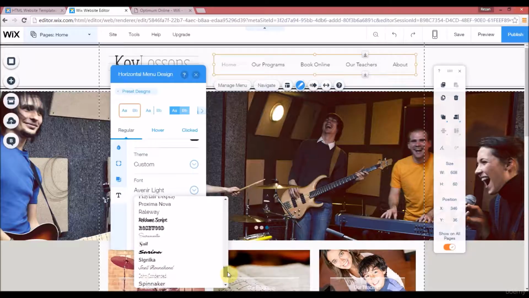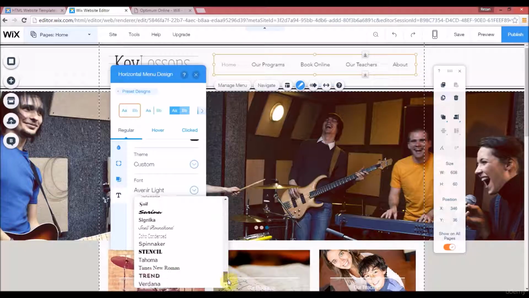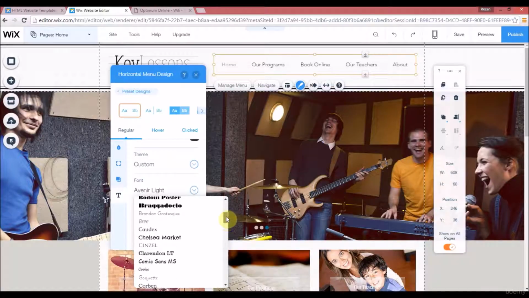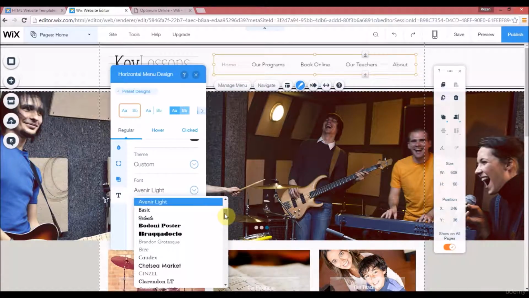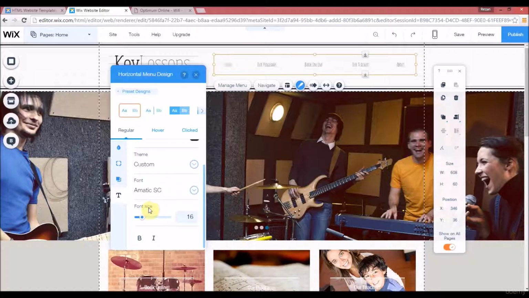For example, in terms of more lenient, let's see, what would be a more lenient font? I guess a lot of them are very professional, so maybe something like this would be a lot more lenient. It's a little hard to see, but